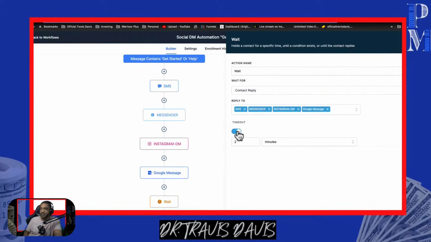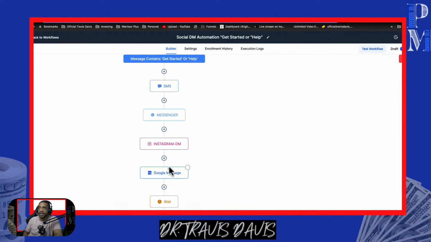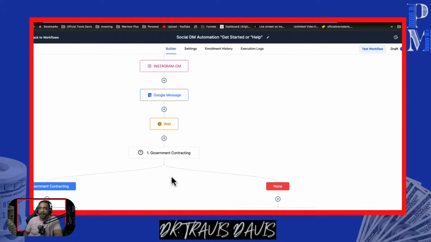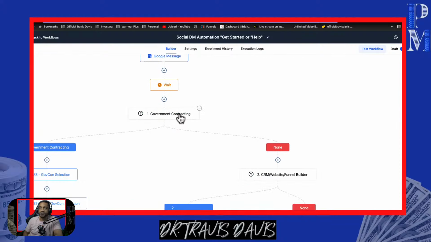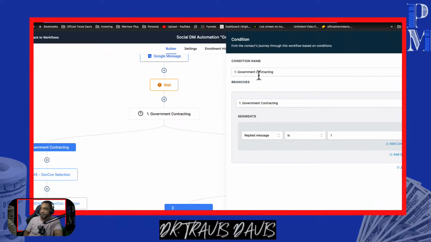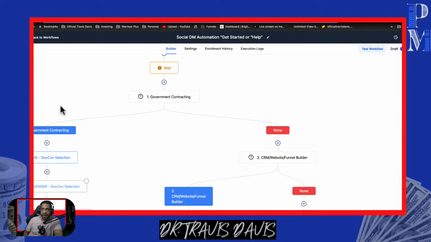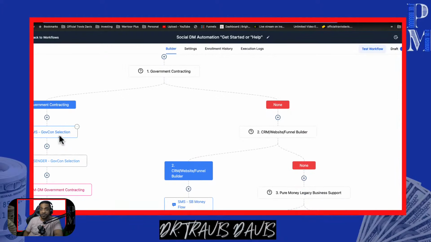Well, if in 2 minutes we don't get any action, which it should happen within 2 minutes, then we just kill the whole program. There's no need to worry about them at all. They didn't meet any of our criteria, knock them out of the workflow, and we wait for it to happen again. If they do answer and reply, well, we gave them directions, pick 1 through 5. Well, did they pick number 1, government contracting? Here comes another if-then statement, a conditional. They selected government contracting. If their reply message is the number 1, okay, then I want you to take them over to here. And when you take them over to number 1, government contracting, well, here you go.